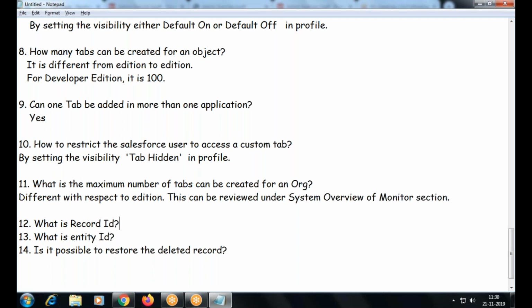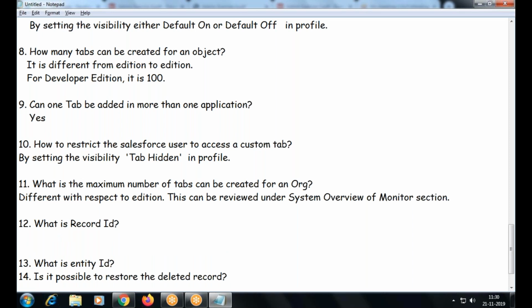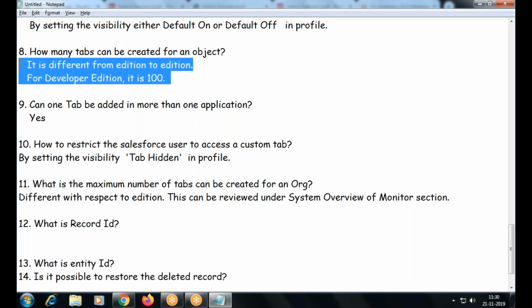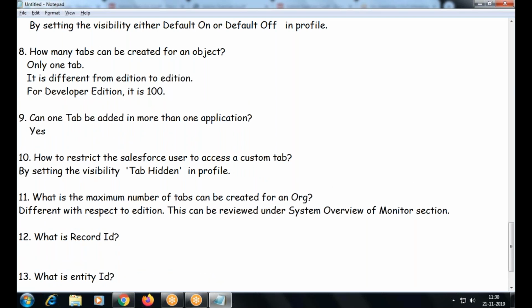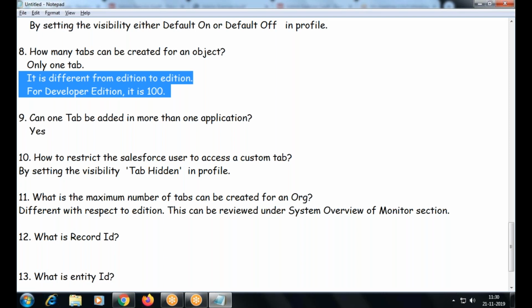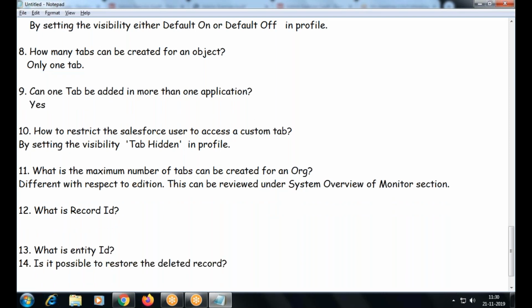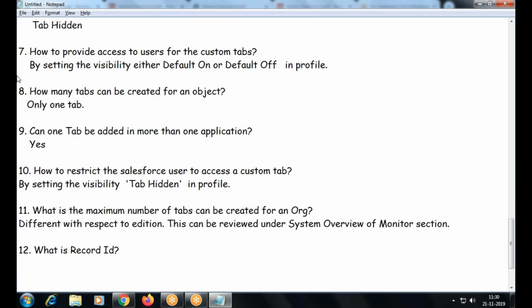Am I right? How many tabs can be created for? Right, you're right. Only one tab. It's not how many tabs were created from an object. Okay, right. I'm sorry, I missed it. You're right.